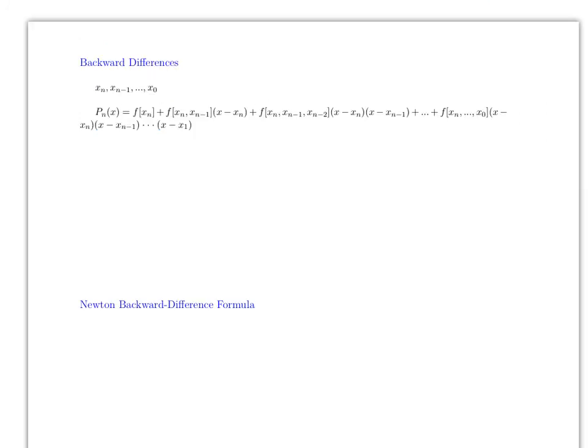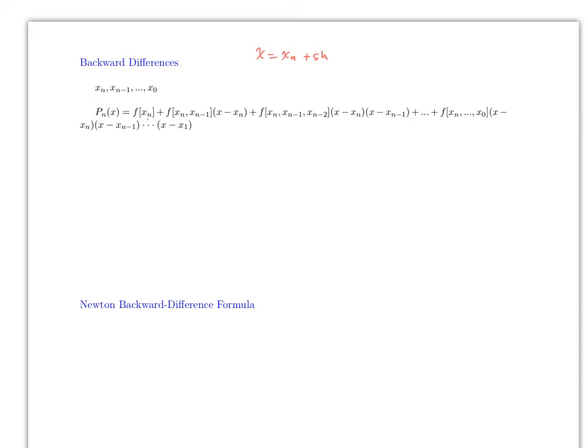All right, so the backward difference is very similar to the forward, except now you're going to go backwards, and now x is going to be equal to xn instead of x0 plus sh. And notice how we start with n instead of 0 here,